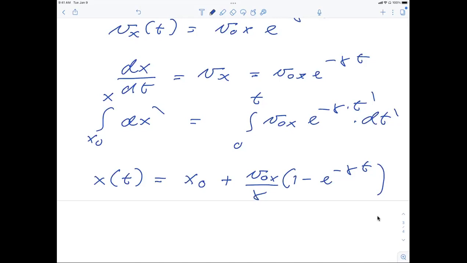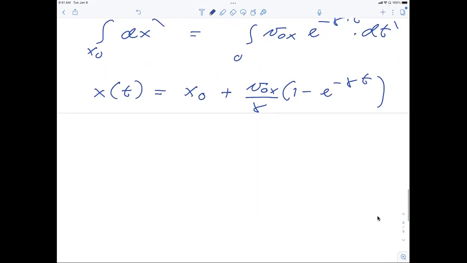So what we can do next now, since we have everything in the x direction, so we have the velocity, we have the position, is that we can do the same exercise in the y direction. And this is a similar integral. It's a little bit uglier because we have the gravitational acceleration, but it's no more difficult than what you have seen till now. So if we now take the motion in the y direction,